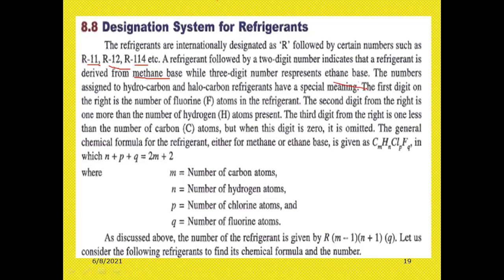The numbers assigned to hydrocarbon and halocarbon refrigerants have a special meaning. The first digit on the right is the number of fluorine atoms in the refrigerant. The second digit from the right is one more than the number of hydrogen atoms present. The third digit from the right is one less than the number of carbon atoms, but if the digit is zero it is omitted. The general chemical formula for a refrigerant, either methane or ethane base,